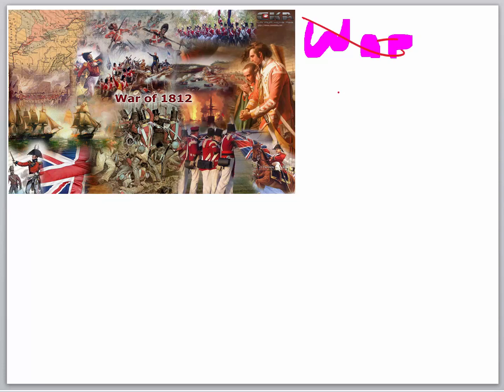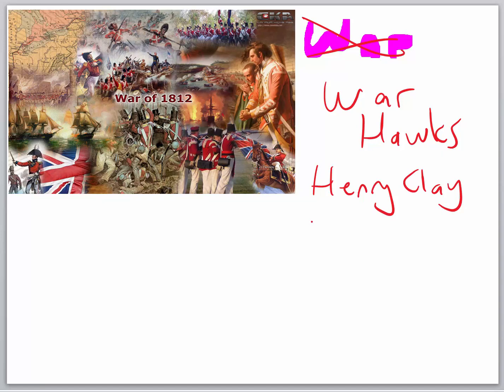Let's try this. The war hawks in Congress, men like Henry Clay and John C. Calhoun, were in favor of going to war because they hoped to acquire Canada. And even though that was one of the causes, the desire for expansion, the end of the war with the Treaty of Ghent did not help us receive any new territory. As a matter of fact, the war left us in the same position as we were before, just a status